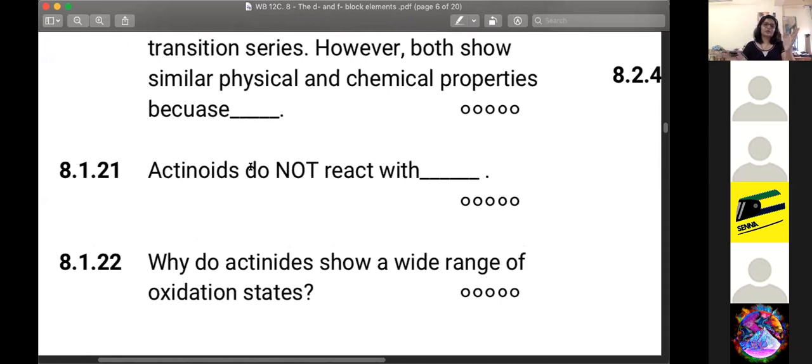When you start out on the left side, with lanthanum and cerium, they show a lot of chemical properties similar to calcium or alkaline earth metals. So they do react with oxygen to form oxides. They react with water to form hydroxides. It's very similar to calcium. They also form carbides when heated with carbon at a high temperature, and they also form nitrides and sulfides.